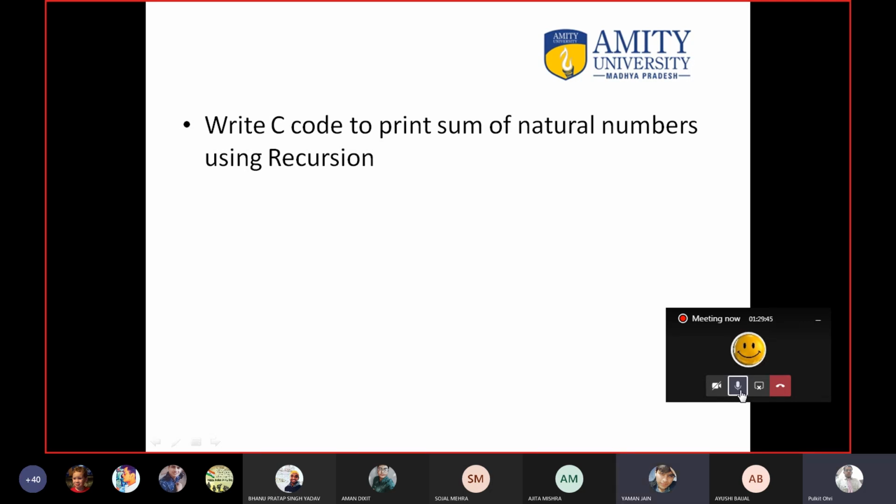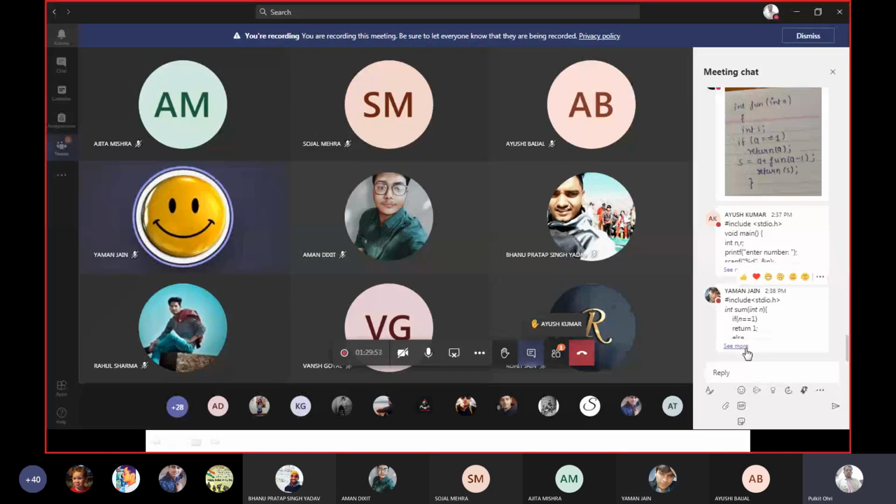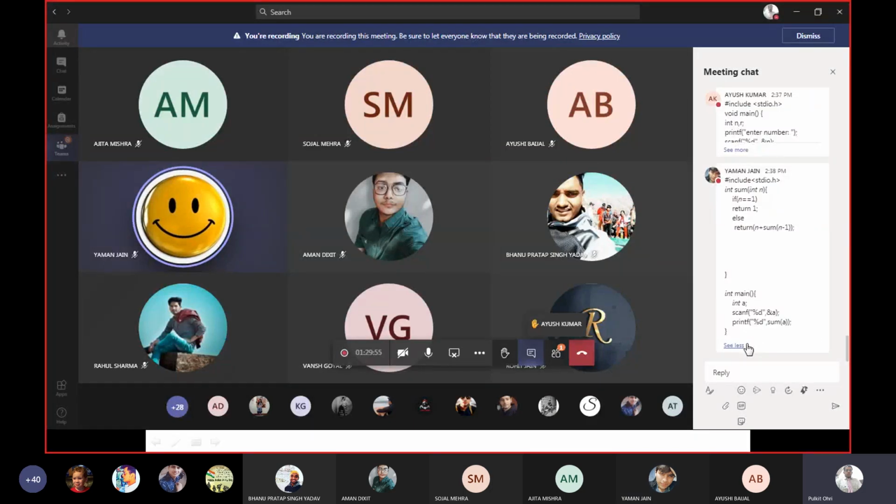Yes, Yaman. Yes, sir. The code is working. Okay, let me check. That is the correct answer, Yaman. And the logic you are using is the same logic that I would have used. Means 10 will call 9, then 9 plus 8, 8 plus 7, then 7 plus 6, like this. Once it is the number 1, it will return back and do the sum. So your answer is correct. मेरे ख्याल से पता लग गया होगा यमन, कैसे अटेम्प्ट करना है इन क्वेश्चंस को.